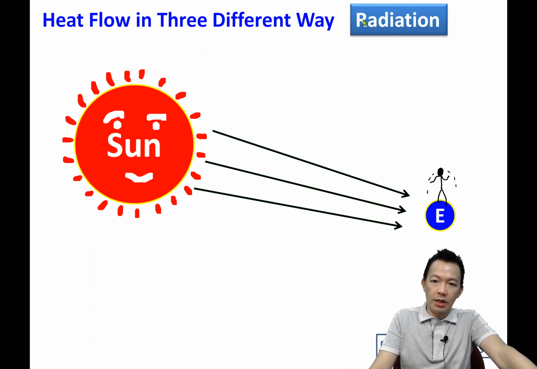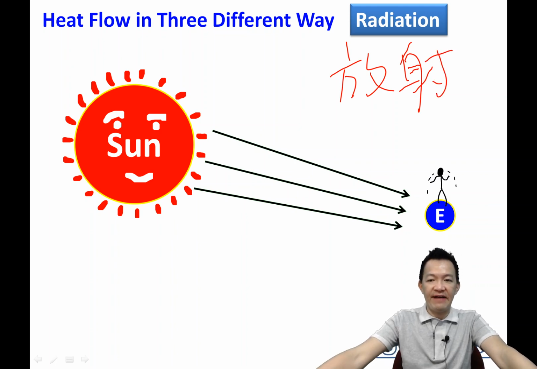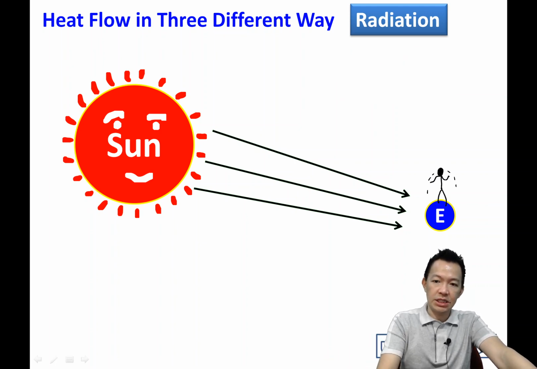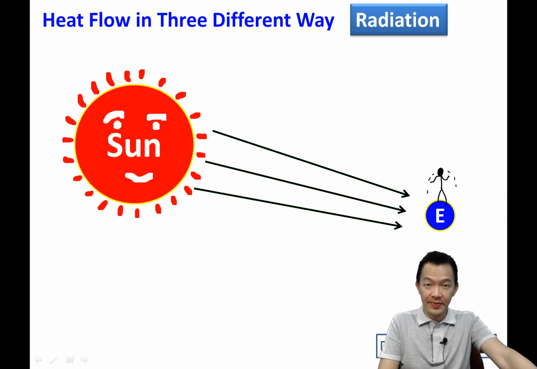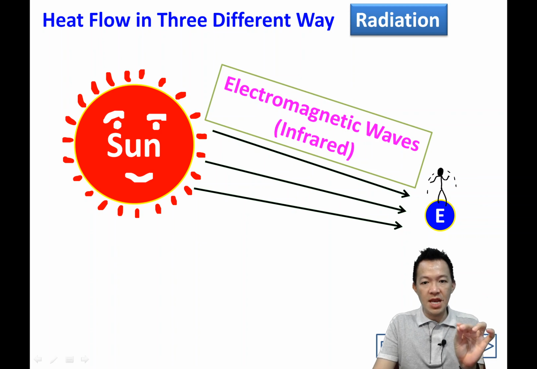So the last method we call radiation. 最后一种方法呢，就叫 radiation, or in Chinese 我们叫放射。热能是放射过来的。